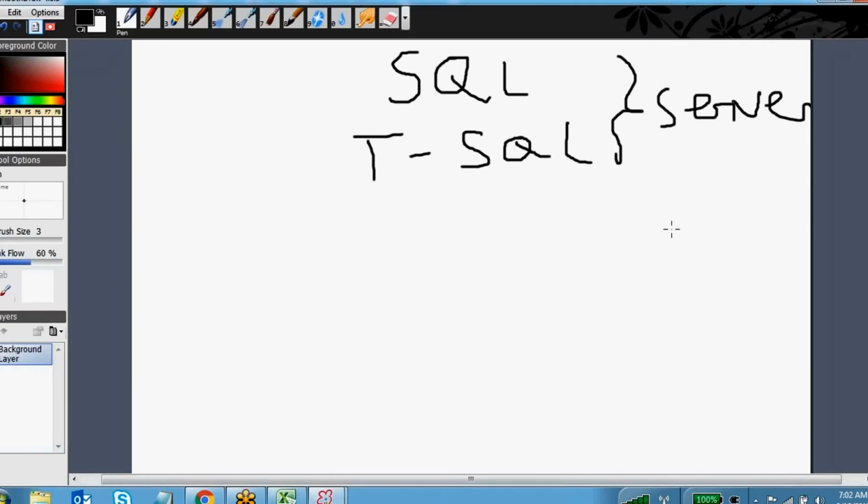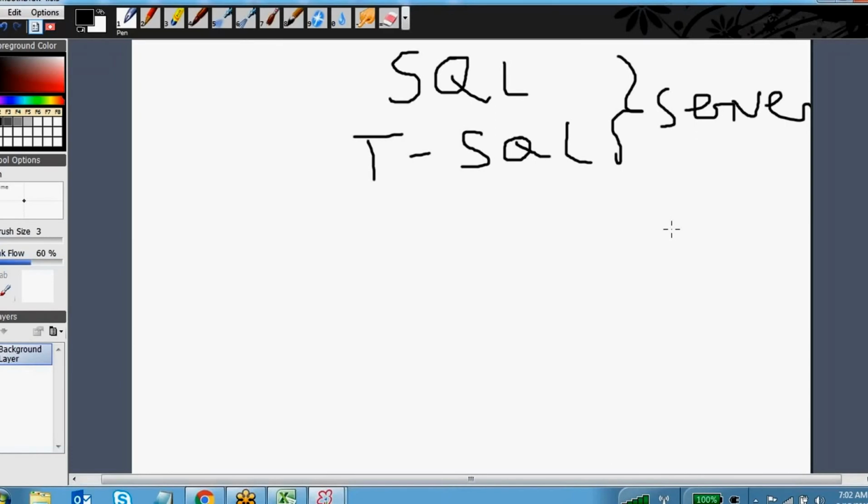SQL Server is one of the primary DBMS systems, coming from Microsoft Corporation. Another one is Oracle, coming from the Oracle Corporation. And the third one is DB2, which comes from IBM.